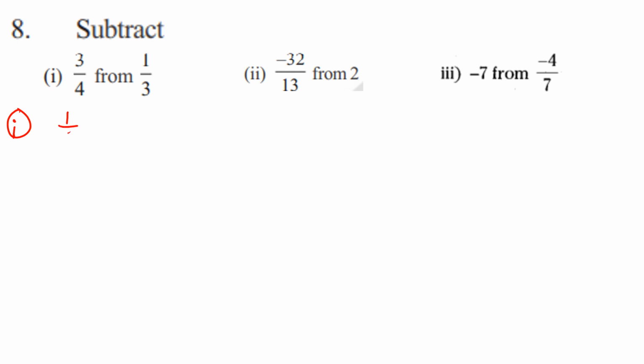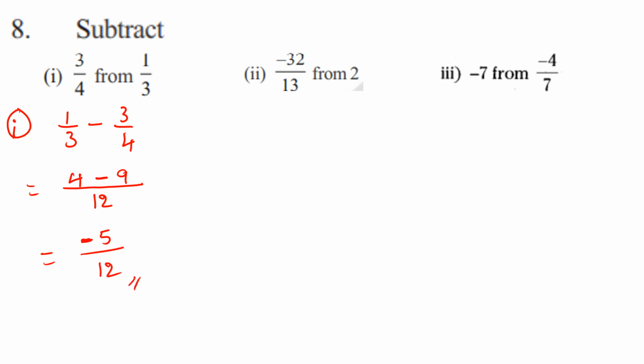That is 1 by 3 minus 3 by 4, right? This is very, very important. Look at that, 3 4s are 12, that is the LCM here. The LCM of 3 and 4 is 12. So 1 4s are 4 minus 4 3s are 12, and the numerator also we multiply by 3, that 3 3s are 9. That equals 4 minus 9, that is minus 5 by 12. So that is the answer.